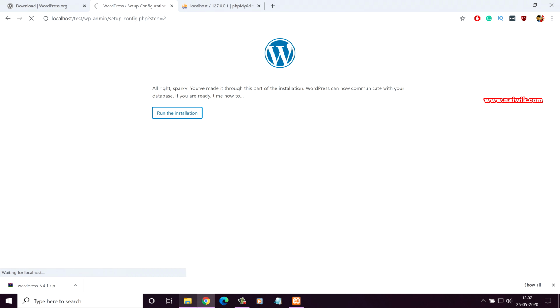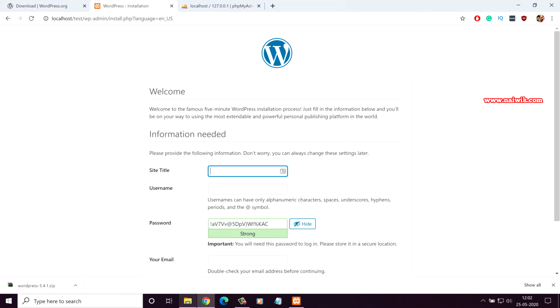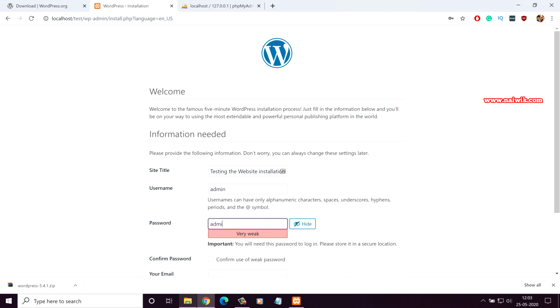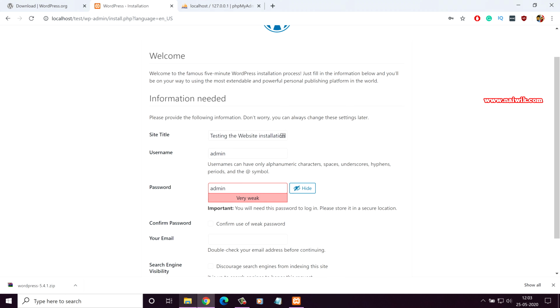Run the installation. Give the site title. Username. Give the username of your choice and the password as admin. Once you give the weak password, it will give you a message. For demonstration purpose, I am giving the weak password, but if you are creating the website, give a strong password with a combination of small letters, capital letters, numbers and symbols. Since I have given the weak password, you need to check confirm use of weak password,